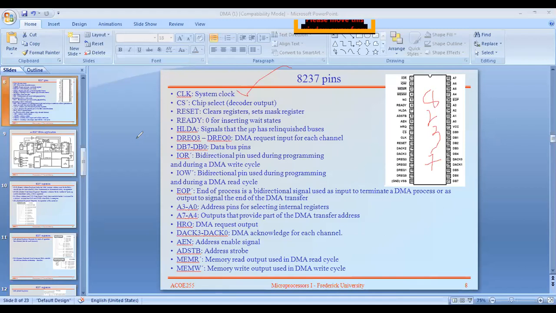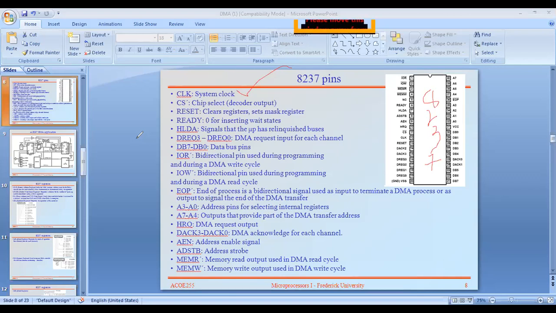Before the processor sends the data, it asks, are you ready to receive the data? The DMA responds, I'm ready, as an acknowledgement. Then the processor sends the data, and the DMA is able to receive it.